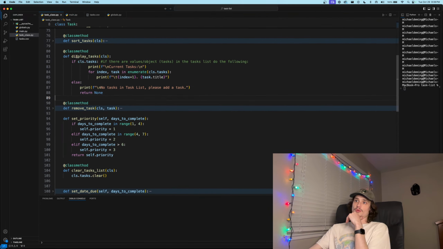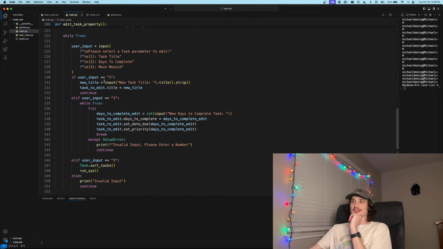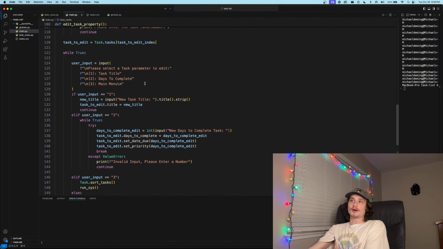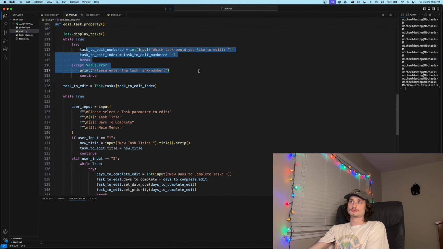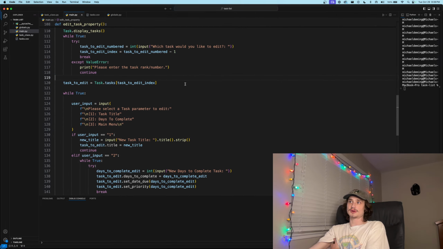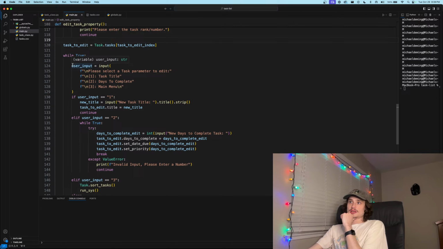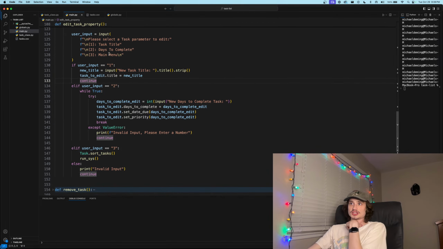I'm not sure if there's a way to incorporate this into the library, because what this does is it asks for the title, or the parameter you'd like, once you select your task to edit by just finding the task index. We either edit the title, or we edit the days to complete so that we can get a new due date, or we go back to the menu. If they enter one, to change the task title, that's easy. If they enter two,